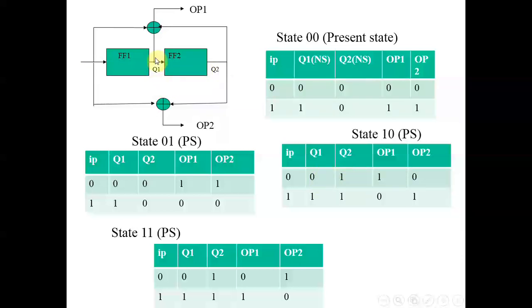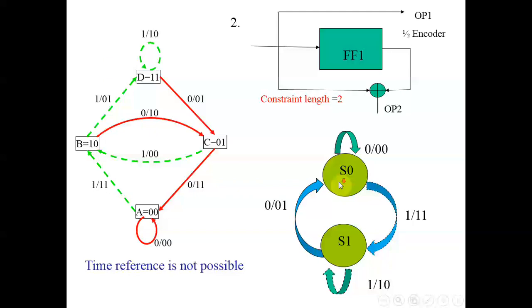And now you are in 1 0 and you apply 1. So this output will be 1 1 and 0. So above output will be 0, lower output will be 1, and you are in 1 0 right now. You are applying 1. So this 1 will go here, this one will go here, and your next state will be 1 1. This is how we can write the state table. And now just convert this state table into state diagrams.